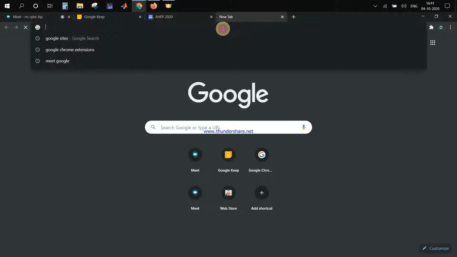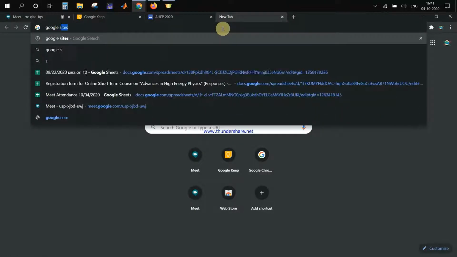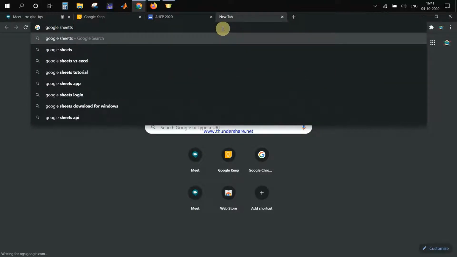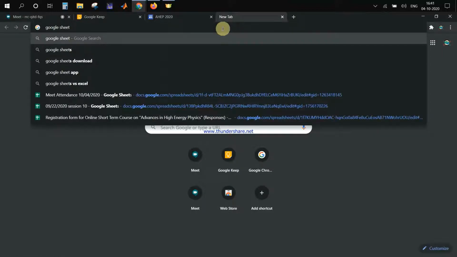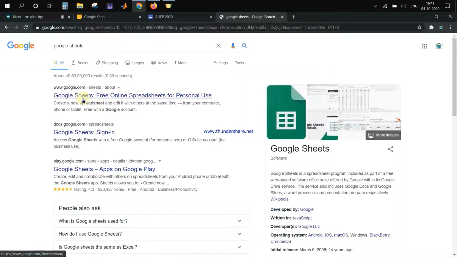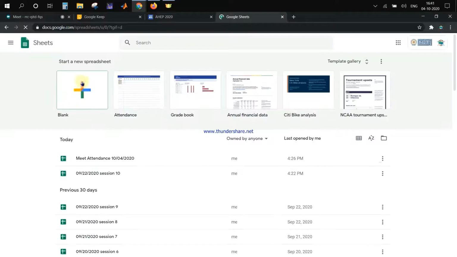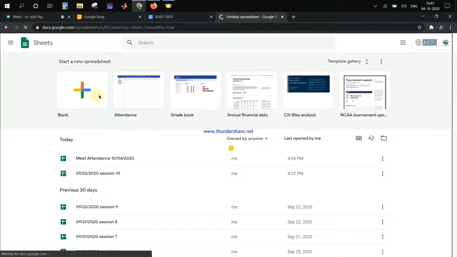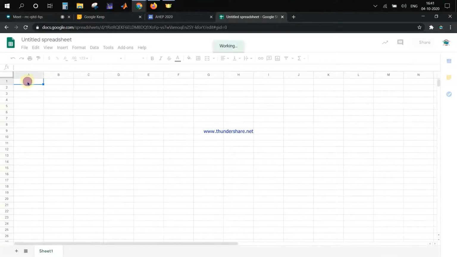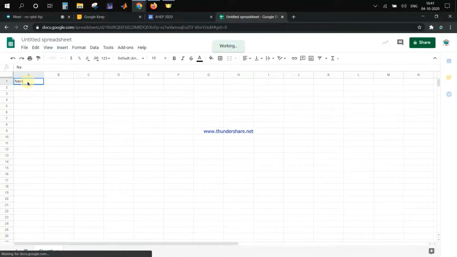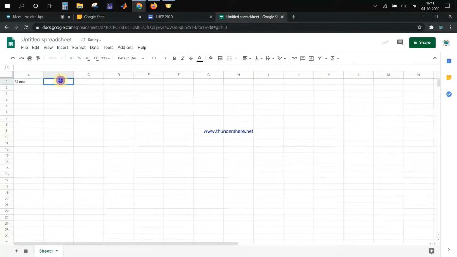So let me just go to Google Sheets. It is loading. Yeah, so in the Google Sheet, on the blank screen, I wrote here name and institute.